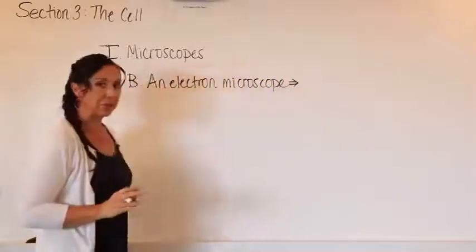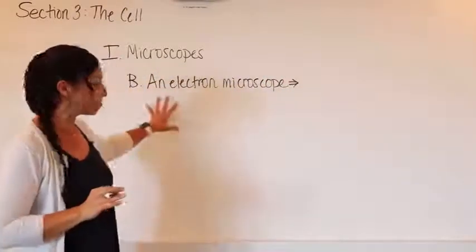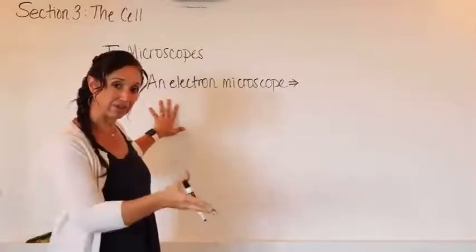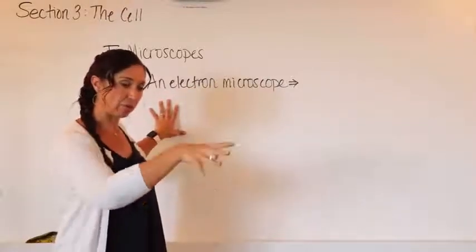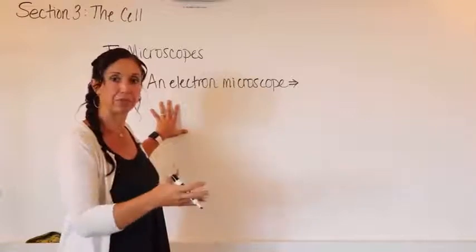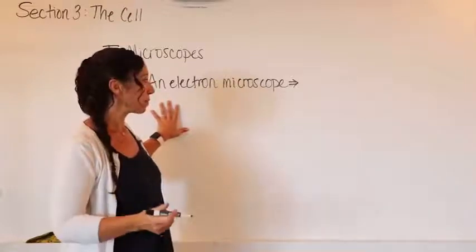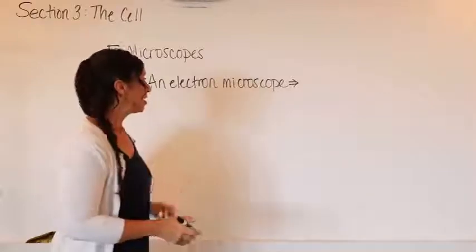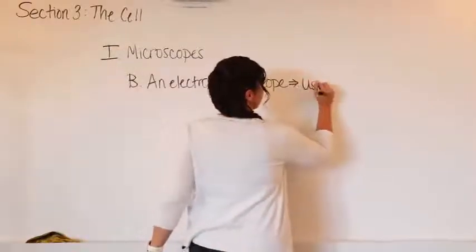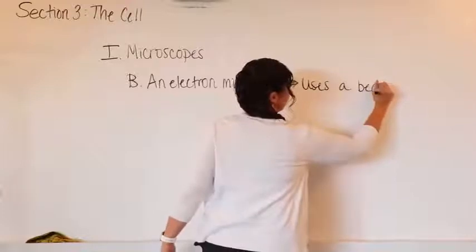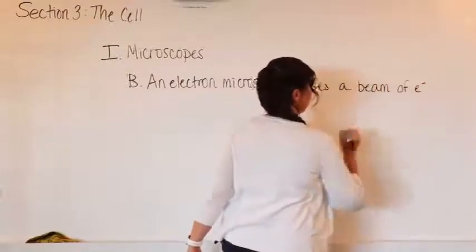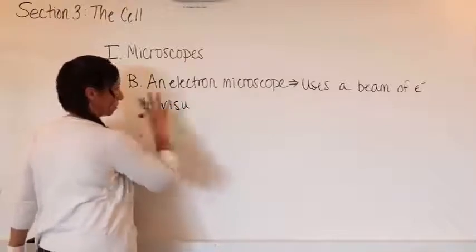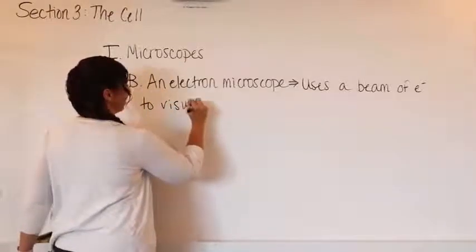An electron microscope is exactly that. It's a microscope that, instead of light, uses a beam of electrons to pass through or on top of the surface of your specimen. It depends on what you're doing. But it uses a beam of electrons to help visualize the specimen. And I'm simplifying this whole process a lot, but